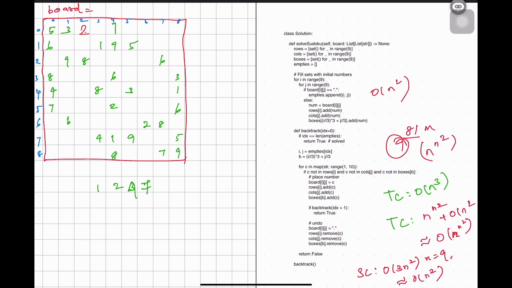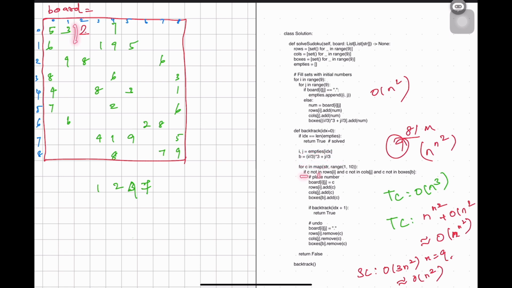And instead of again calling order of n square and checking, we are storing the empty cells into an empty array, to fetch what all the empty cells are. By that, we'll be getting ij. To find out which box it is, we'll be using this formula to get the box number.